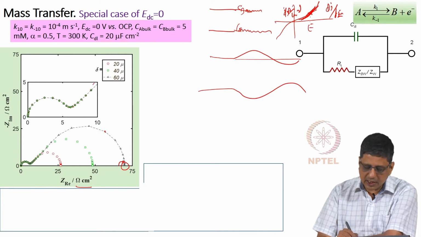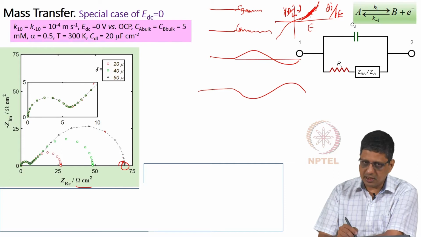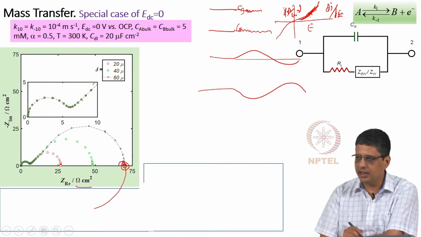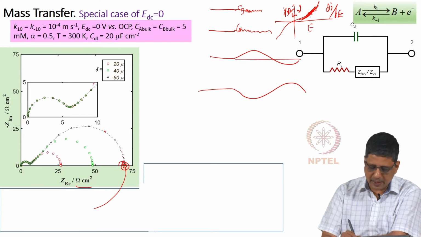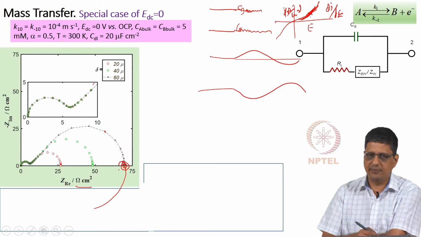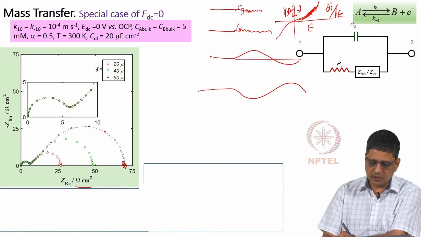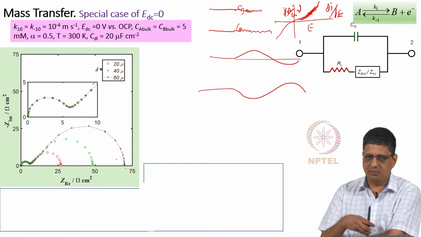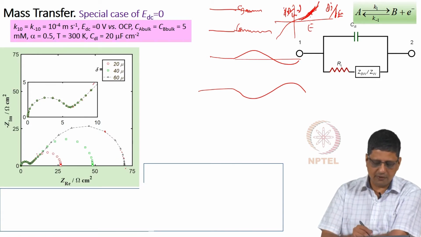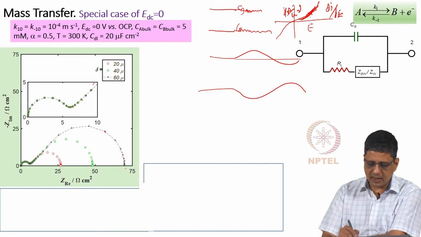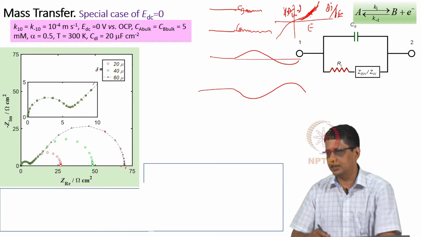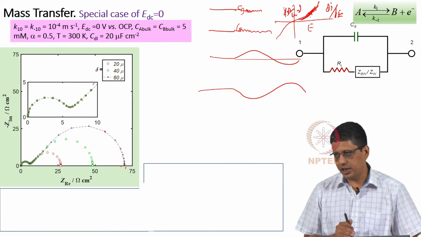So, here if I give more and more frequencies, that means lower and lower frequencies, it is not going to go like this, it is just going to settle here. Points are packed more and more closely here. And of course, because I have the equation, I can substitute omega equal to 0 and find the value. But in general, if you are measuring experimentally and you find it settling there, you would take that as the polarization resistance. That is one way of experimentally measuring it.